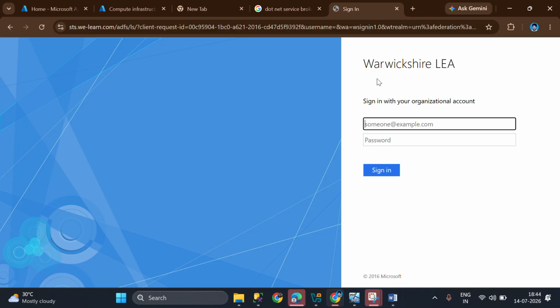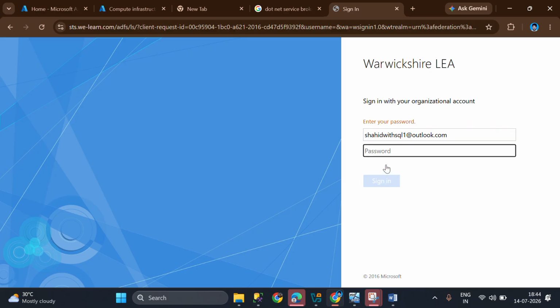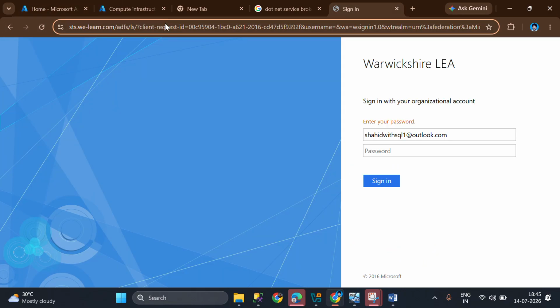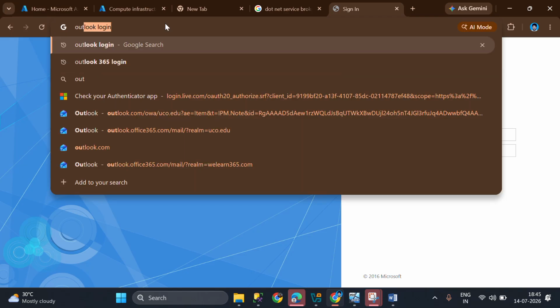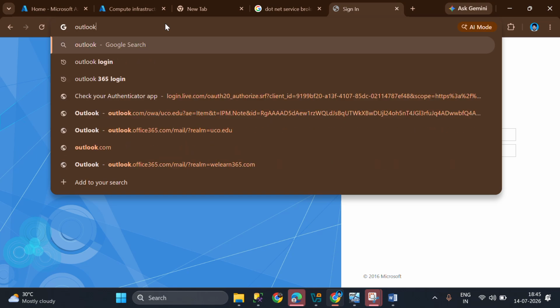For example, you can create SQL with Shahid@outlook.com. I have already created it and kept it ready; I'm just showing you. There is no user like that, so you can create any user for Outlook.